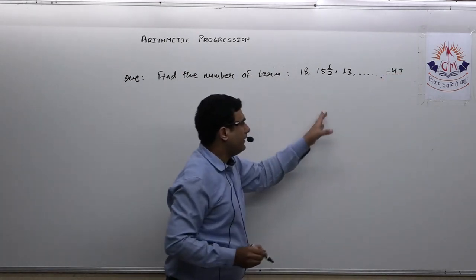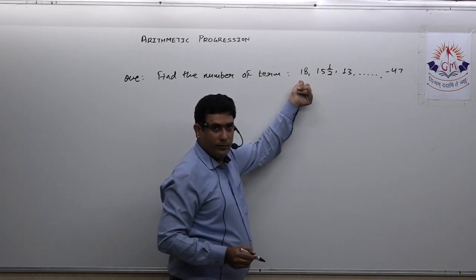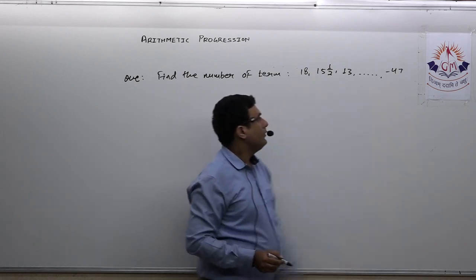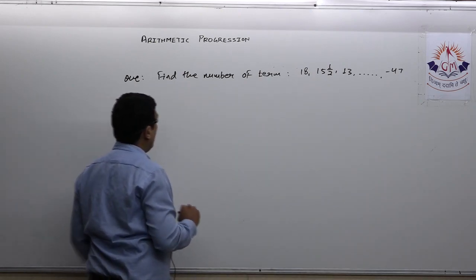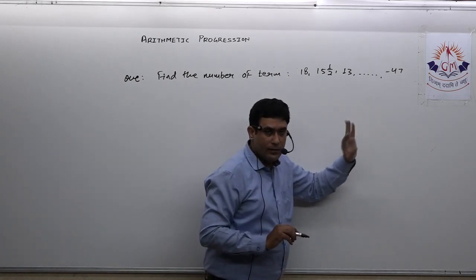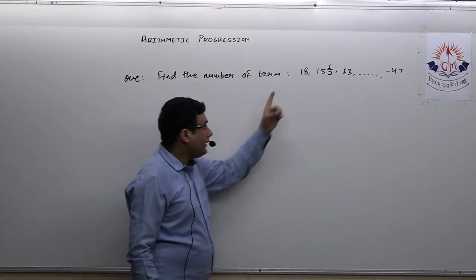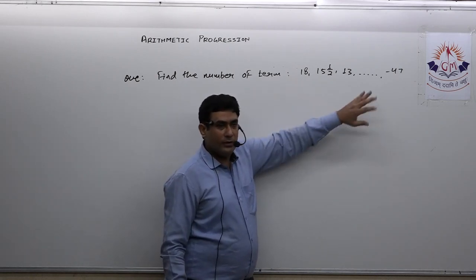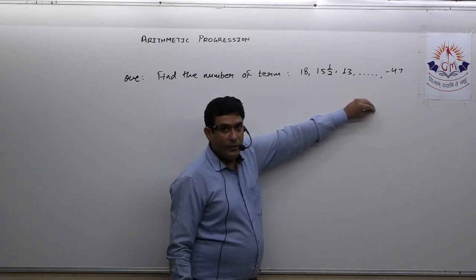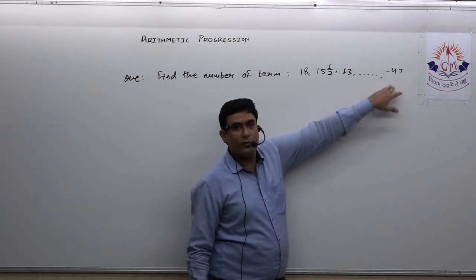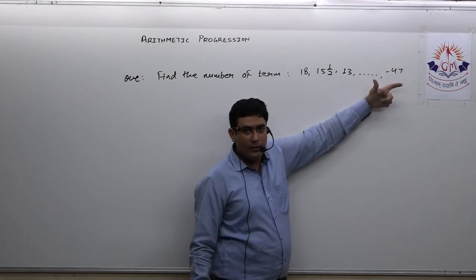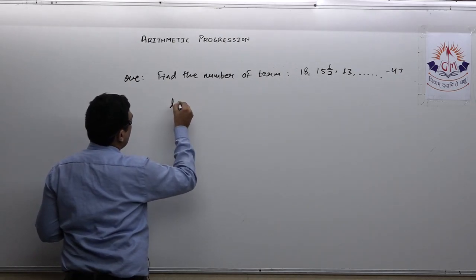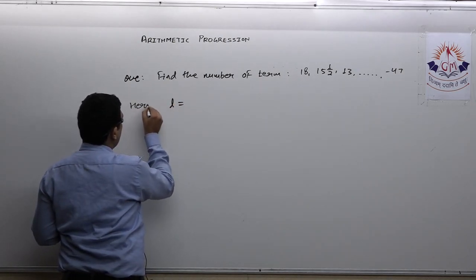Definitely we can see this is a decreasing AP. The second term is less than the first term, the third term is less than the second term, and so on. So the last term is negative. So we have to find how many terms are there in this AP. See, this question and the previous question were almost the same. In the previous question it was asked 78 will be at what position. Here they are asking minus 47 will be at what position, and that will be the last term. So here instead of writing An, I can write L. The last term is given here.